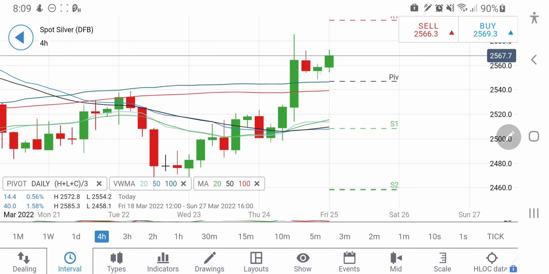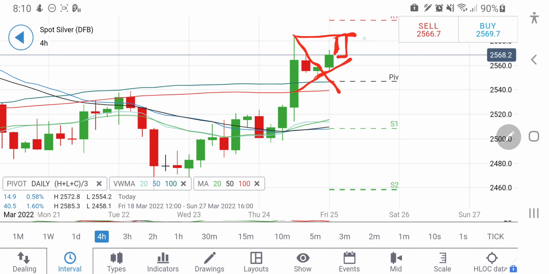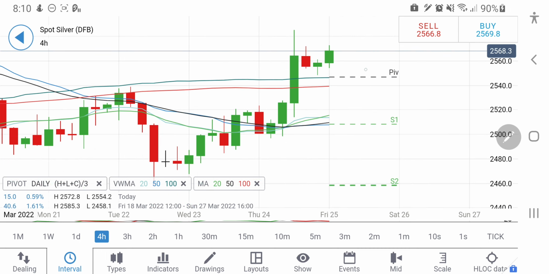Now for the day, you can see after this minor retracement, it is again giving a breakout here. So yes, with the support at 2555, you can expect again a rally in silver, where 2580 levels can be achieved. At least it may try to achieve 2580 and 2585. A double top can be formed, and from there we can possibly see what can happen. If it breaks the 2580-85 zone, the target is 2600,